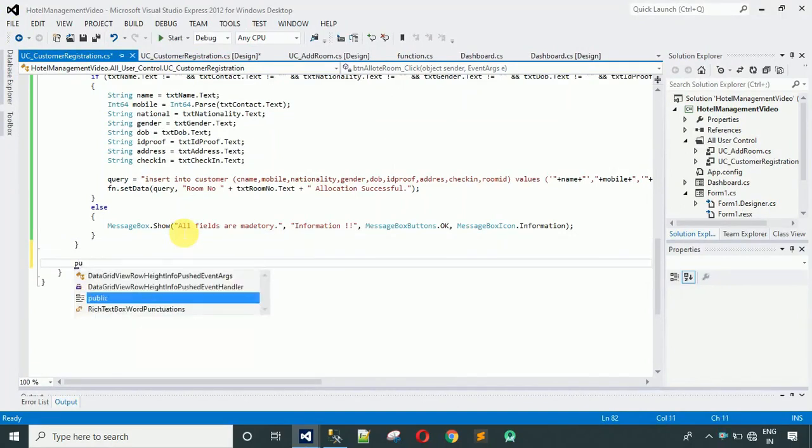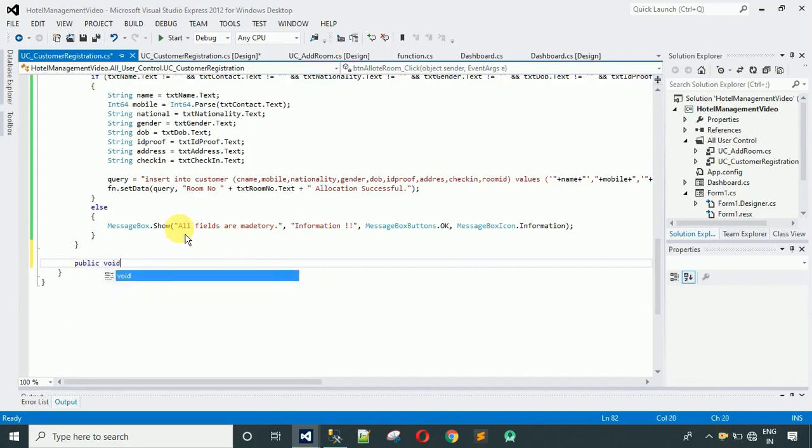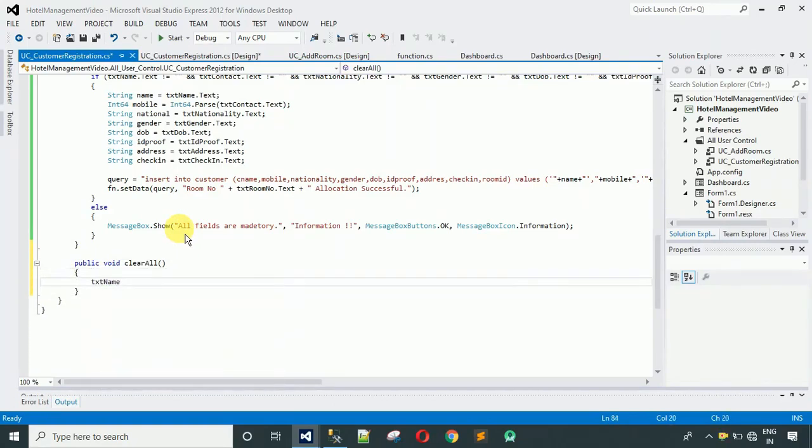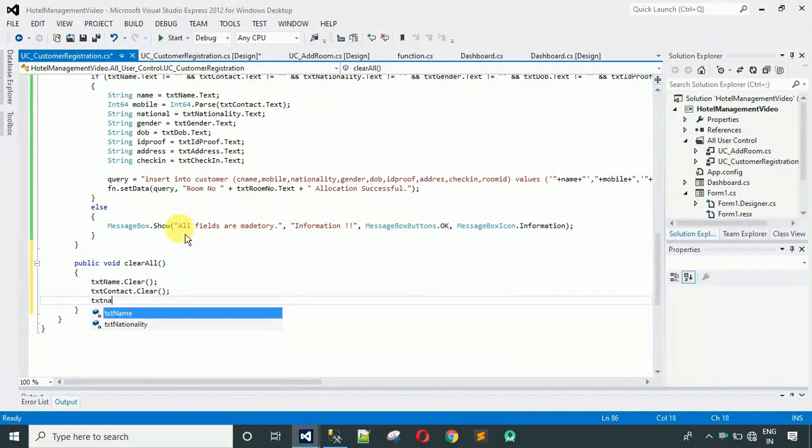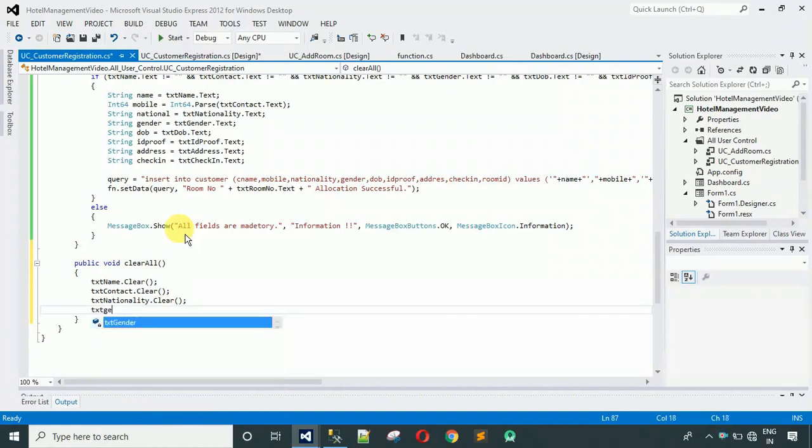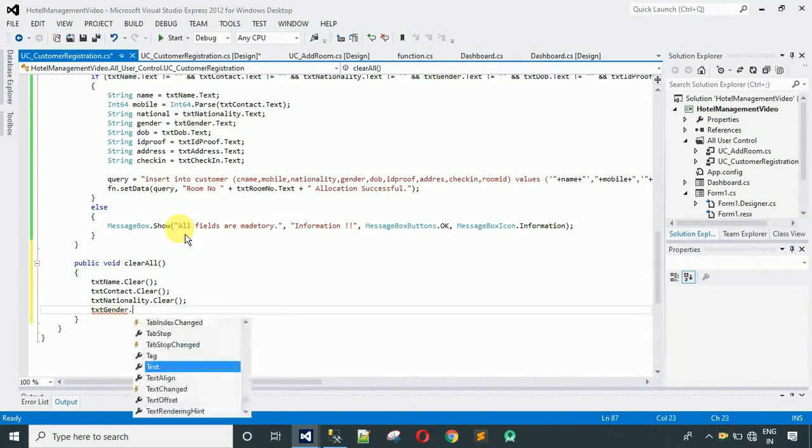public void clear all. Inside this method what we have to do is clear all the fields. txt name dot clear, txt contact dot clear, txt nationality dot clear. After this we have txt gender, that's a combo box, and inside this we have actually hard coded the items, so we cannot clear the items from that. So we have to set the selected index equal to -1,